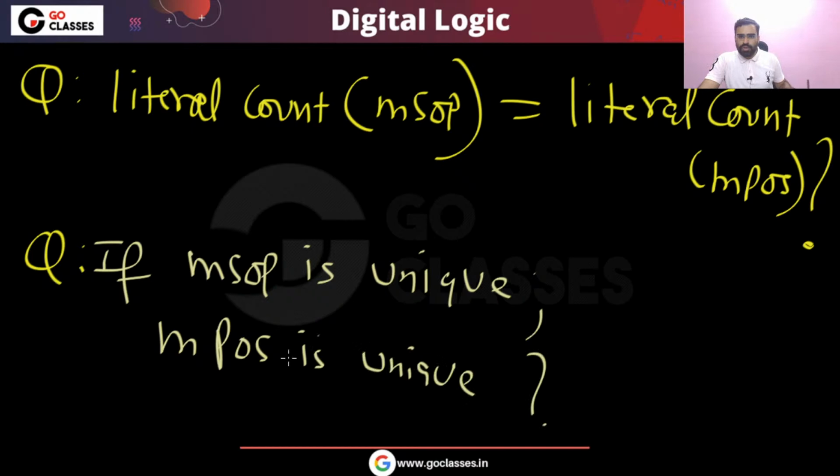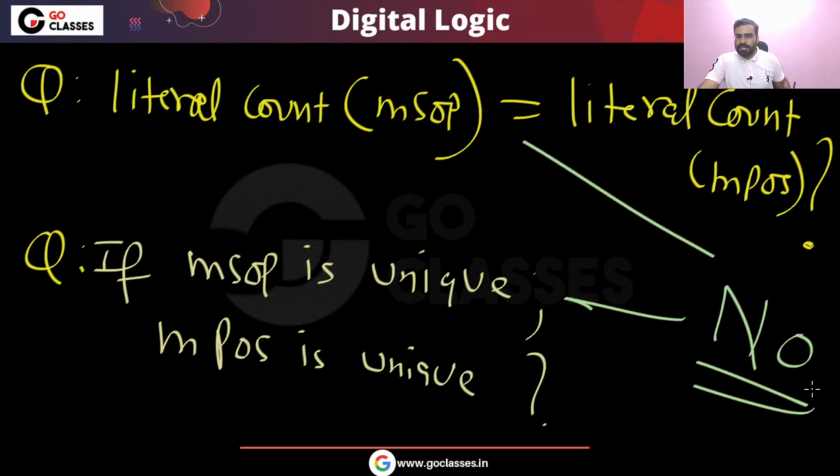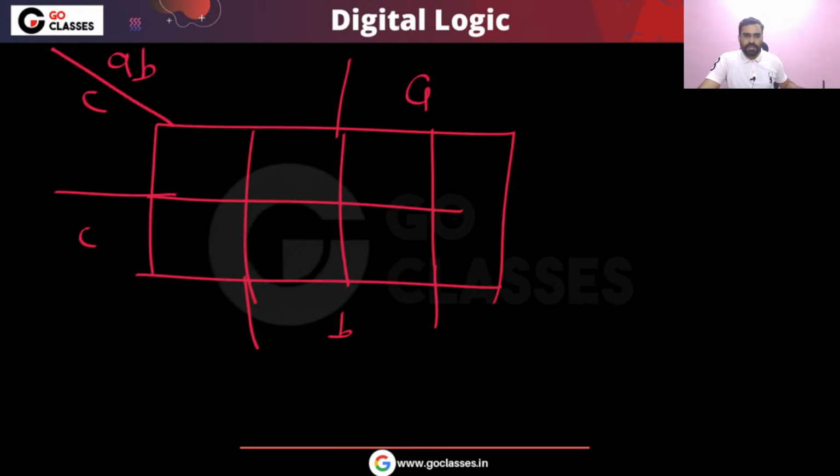Okay, so for both the questions, the answer is no. For this question, the answer is no. For example, you can check, like if I give you this question. Now here you can notice in this question, if you find the minimum POS, then minimum POS